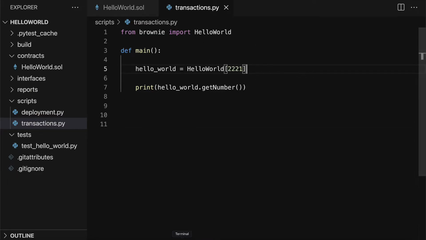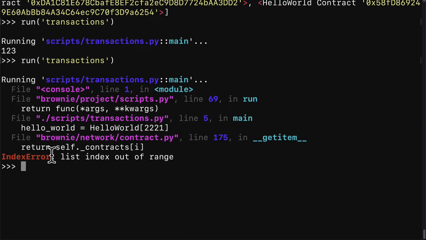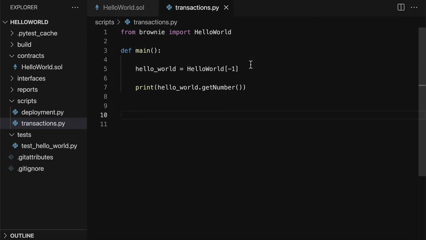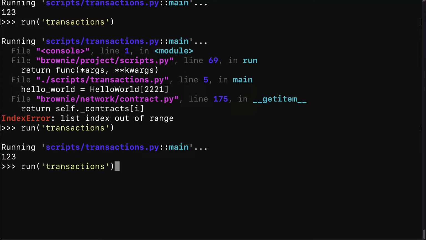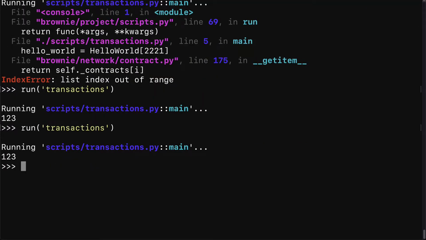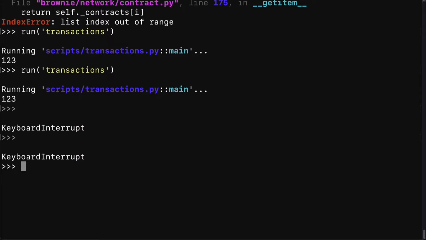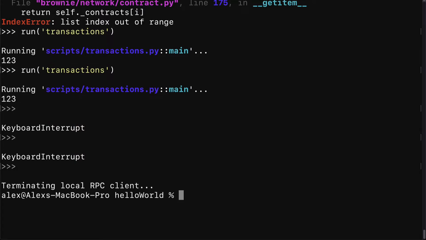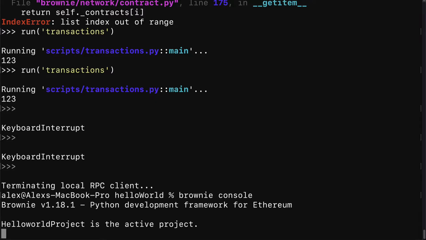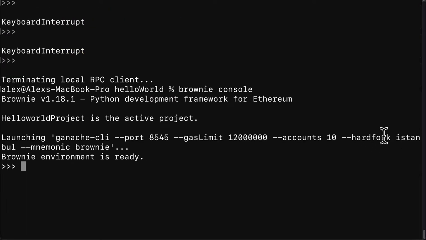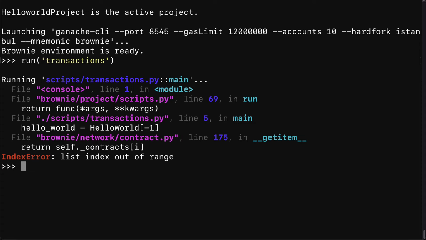If I pass in an index that doesn't exist, well, then I'm going to get an error message, list index out of range. So you have to make sure it exists, such as 0 for the first one or -1 for the last one. Then you can execute the script. And let's say you kill the terminal with Control D. So you kill the Brownie console. You can open it up again, but this time, if you try to run your script transactions, you're going to get list index out of range, because every time you kill the Brownie console and you open it up again,